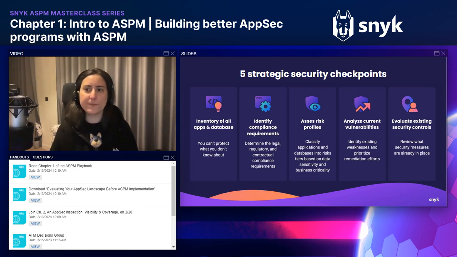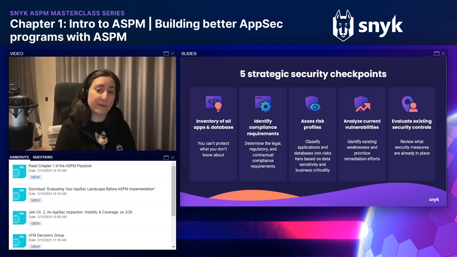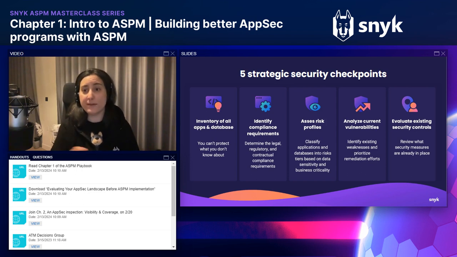So this is to classify your applications and databases into different risk tiers based on factors like data sensitivity and business criticality. So the applications with higher risk profiles will require more robust security measures and closer scrutiny. And tailoring those security efforts according to risk profiles will ensure that all the resources that you have are allocated